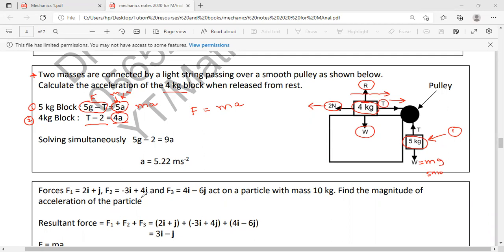we discussed in IGCSE. Remember, in IGCSE you have the equation in form of x and y, and here you have the equation in form of g and t. Simply, t will be cancelled. In this calculation, the value of g is 10. T and a will be the considerable variables. So this one is in form of t and a in place of x and y. जब हम इसे simultaneously solve करेंगे, we will find the value of a as 5.22 मीटर पर सेकंड।